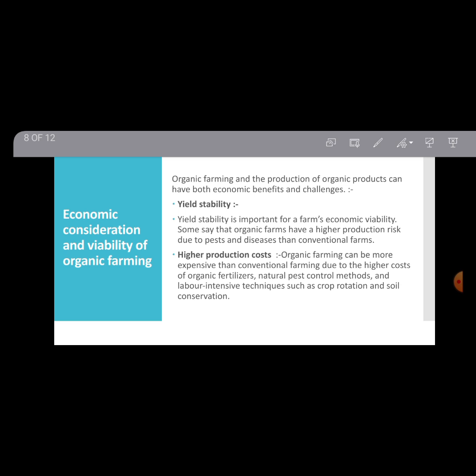Why? They have faced economic benefits and also challenges as farmers. In this, the most important thing is yield stability. When coming to yield stability, we compare with conventional farmers, the farmers who use synthetic